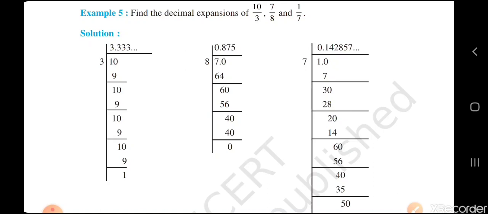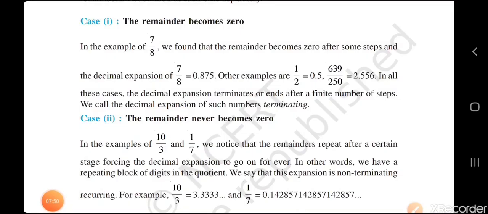So there are two cases. The first one is the remainder becomes 0, and the second one is the remainder never becomes 0. So first, case 1, the remainder becomes 0. In the example 7 upon 8, we found that the remainder becomes 0 after some steps, and the decimal expansion of 7 upon 8 is equal to